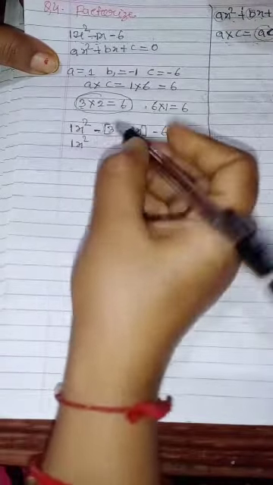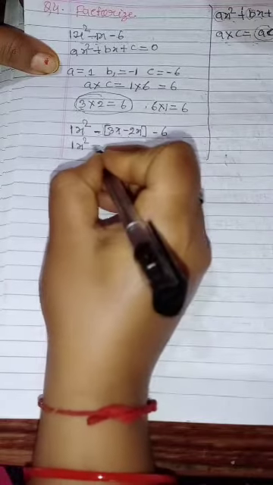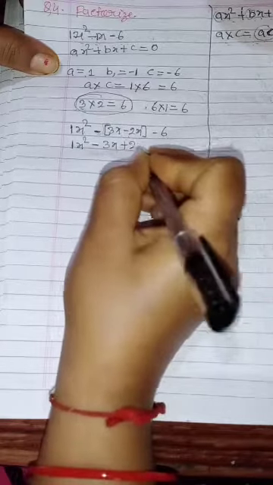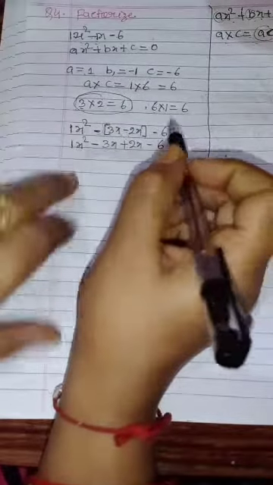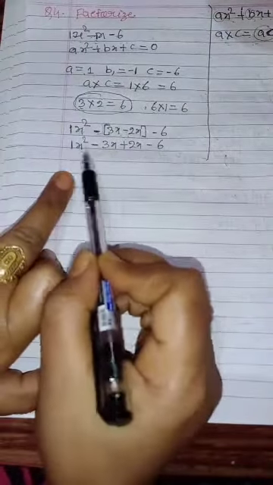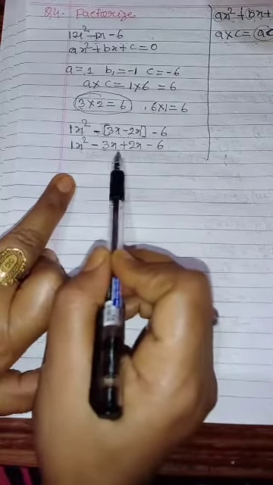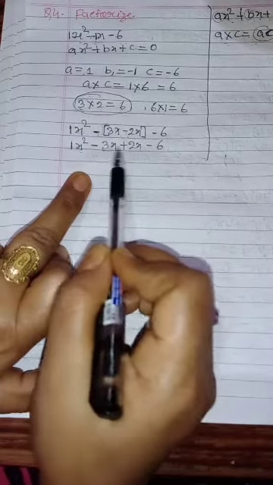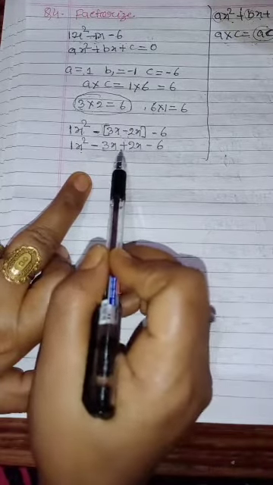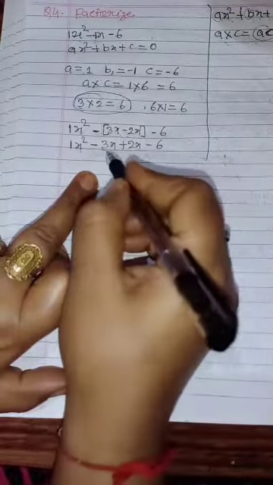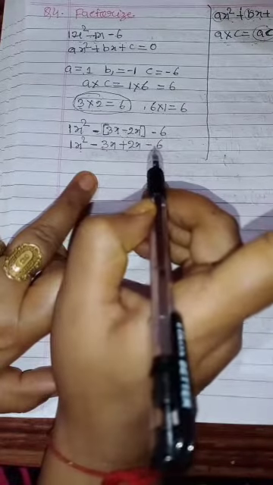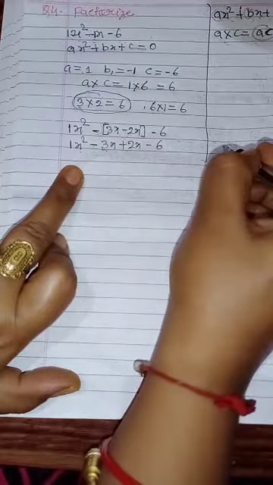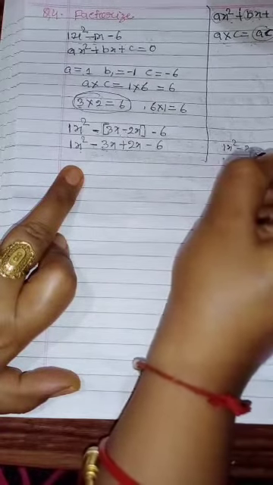1x square. Now multiply by this, minus 3x, minus into minus plus 2x minus 6. If you see, if I simplify them, this middle term is 2x minus 3x. Two opposite-sign numbers, we always subtract them. 3 minus 2, what will it be? 3 minus 2, beta, is 1. And what is the sign of the greater number? Minus 1. So what will you get in this way? 1x square minus x minus 6.